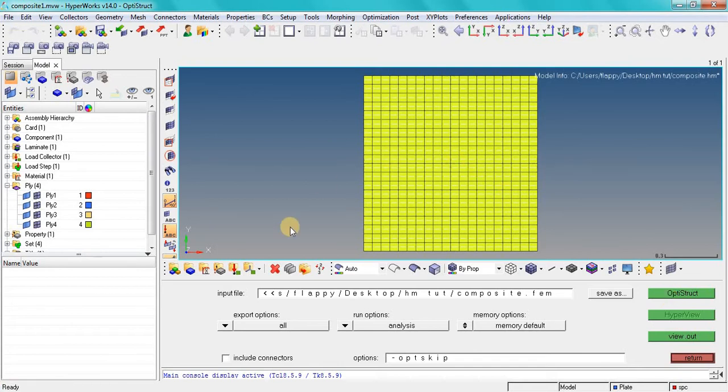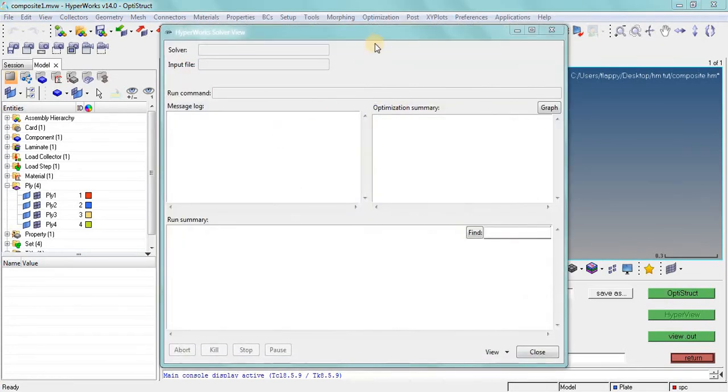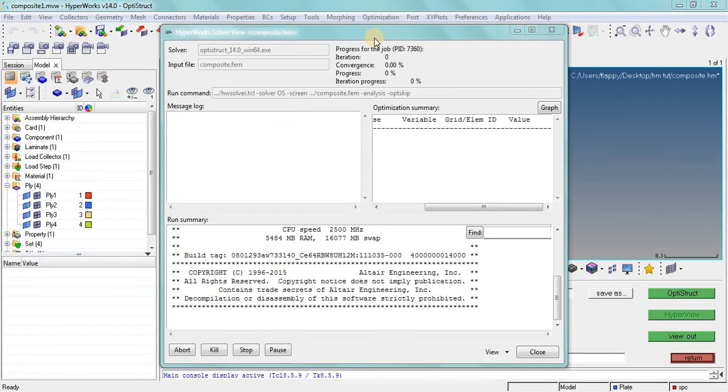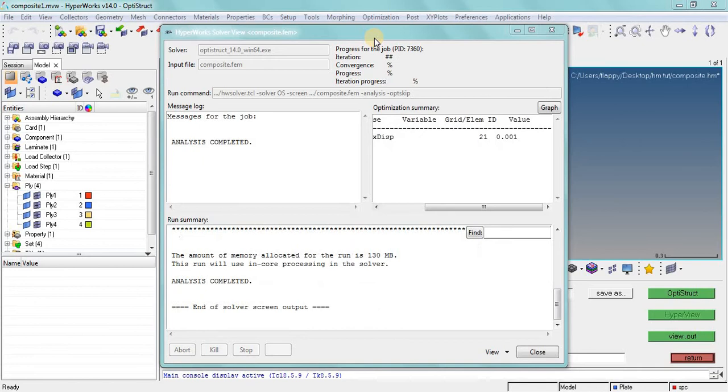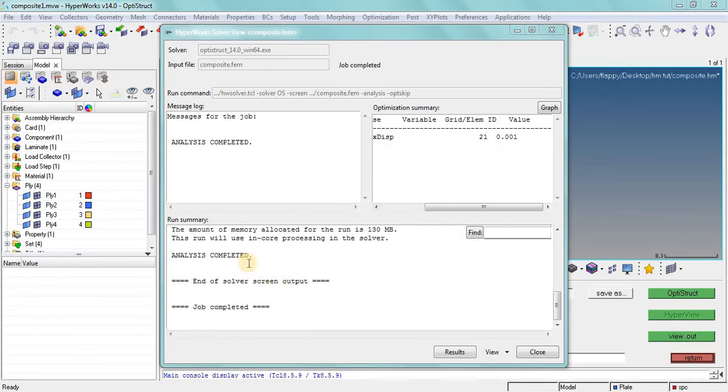Now the analysis will start. It may take a few seconds or maybe a few minutes, so we will have to wait. You can see that the analysis has been completed, with end of solver screen output and job completed. If there are some errors, they will be displayed here. In that case, you have to close this, go back to the tutorial, see what the mistake is,